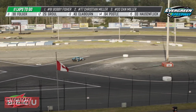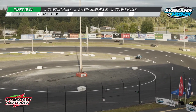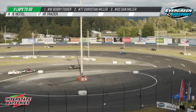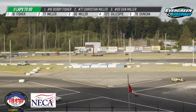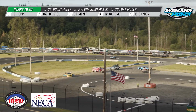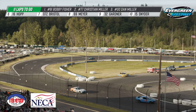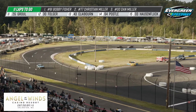It's not insurmountable at this point in time because anything can happen. One caution bunches them back up, but the sheer track speed that you'd have to work this in green flag conditions is astronomical. Yeah, we saw the 8 car of Luke Heddle. He pulled off onto the 5/8 mile, so he is done for the night. We saw him involved in that lap 1 caution,